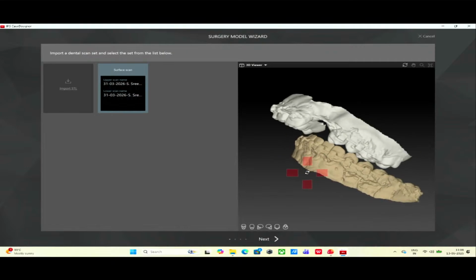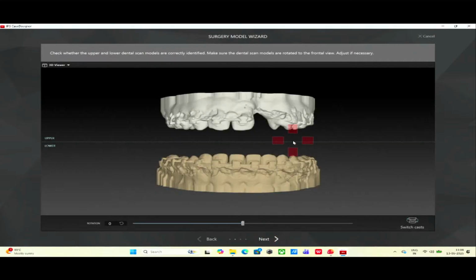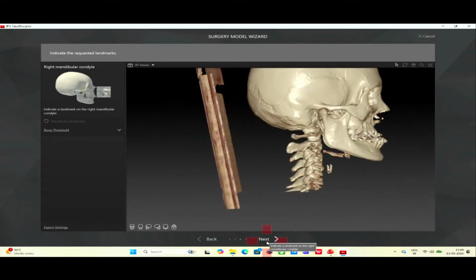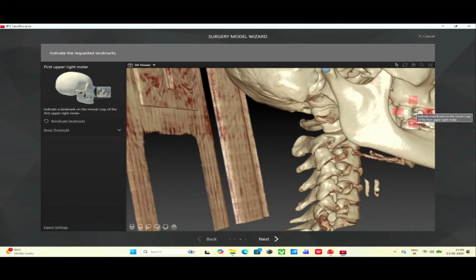Here you can see the upper and lower jaw imported. You click on next. In case you have not uploaded the scans correctly, you can here put on switch cast and it will flip it around. So if you're happy with the upload, you click on next, and now it will ask for certain landmarks. And these landmarks are meant to identify what is the lower jaw, what is the upper jaw, so the occlusal plane. So you click on the condyles, then it is asked for the